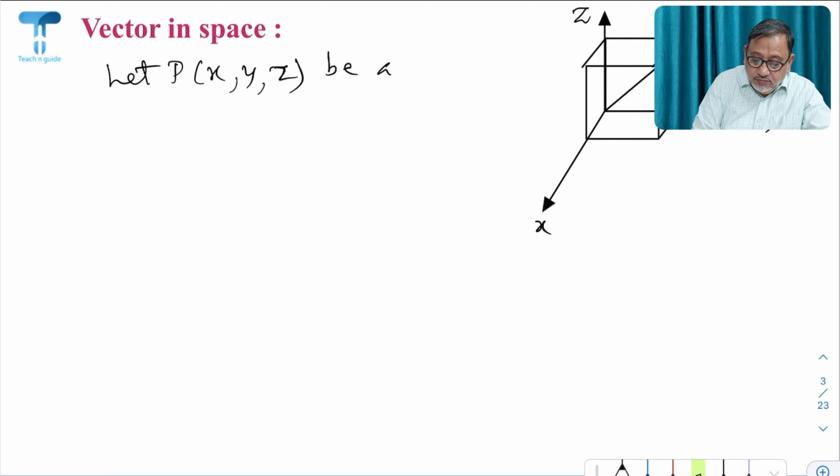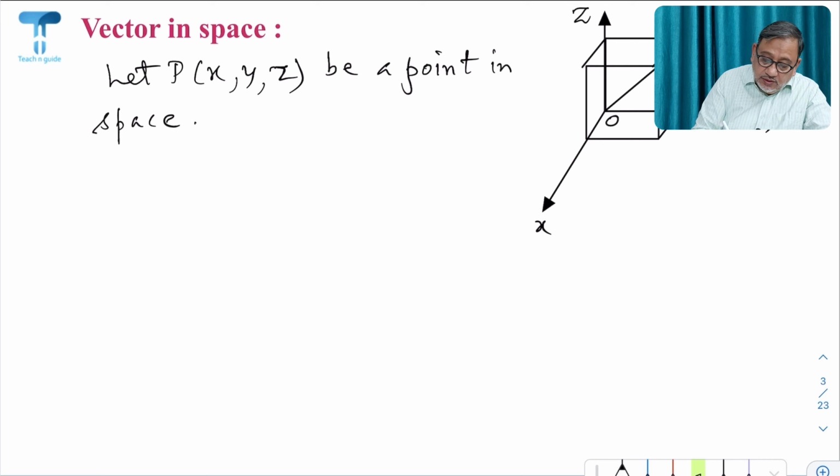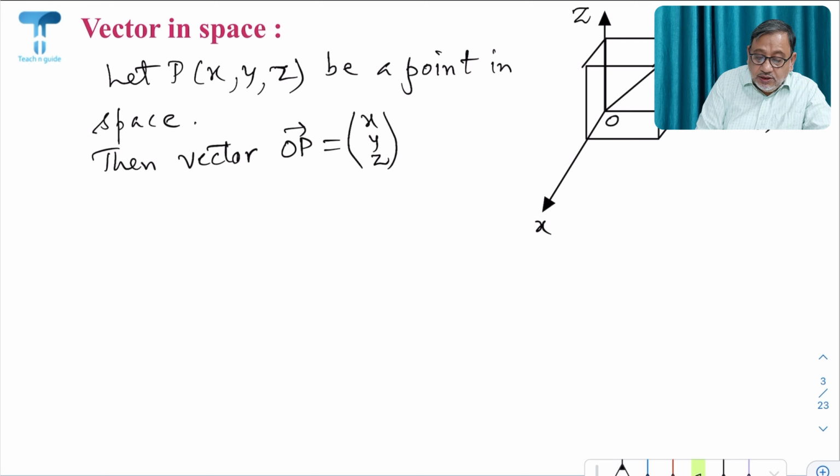Okay, now O is the origin here, and then vector OP is equal to, in component form, (x, y, z), and in the unit vector form, xi plus yj plus zk,